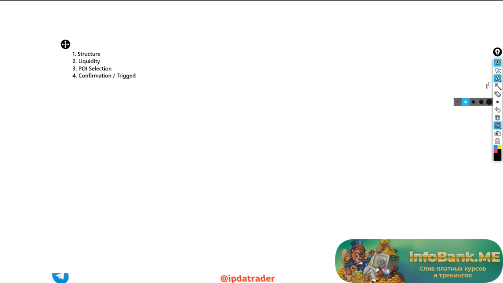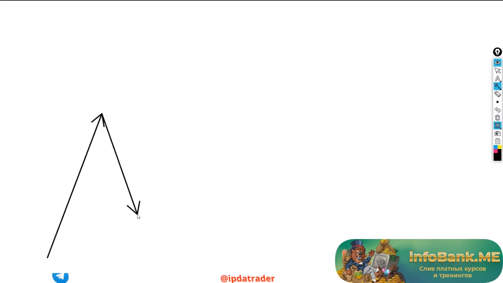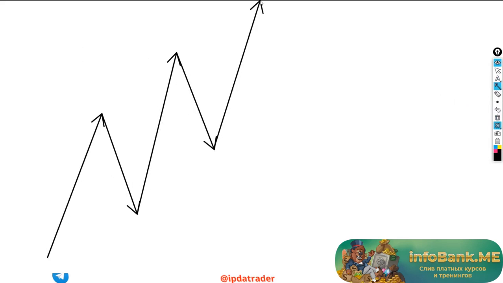Okay, so these are the 4 principles, and I will go into in-depth explanation of each and every single one of them so that there is no gaps or confusion, right? So let's actually get started with structure, which is pretty important. So for that, let's draw a potential bullish market. We can all agree this is a market that is pushing up. And let's imagine